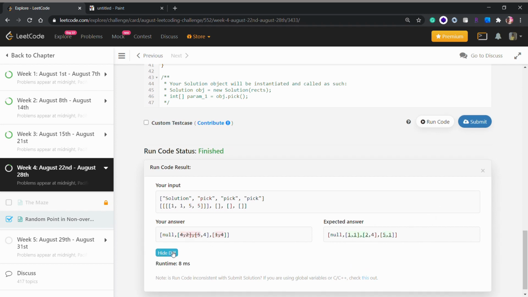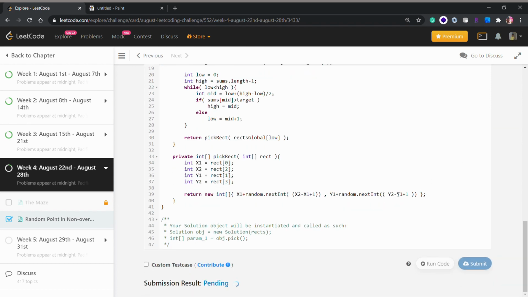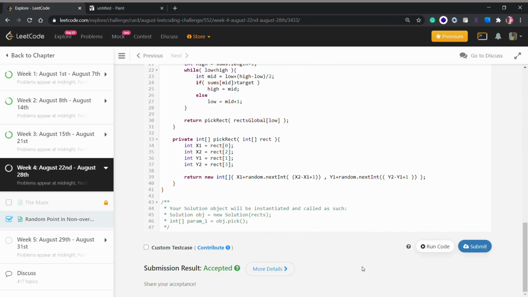You might notice that we have a different output, but that doesn't mean our algorithm is wrong, because remember we had to return random numbers, so there's no way our output will match the expected answer. To know if our algorithm works fine, we have to submit our code, and it's accepted.